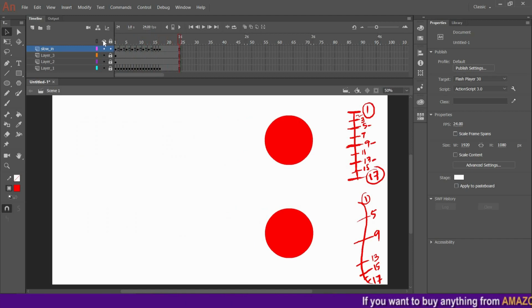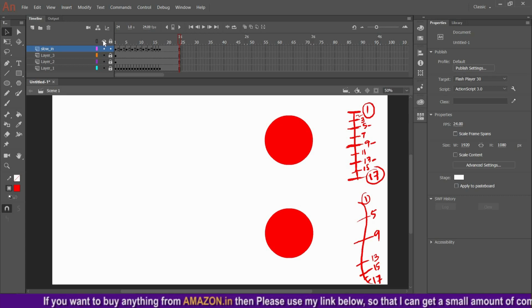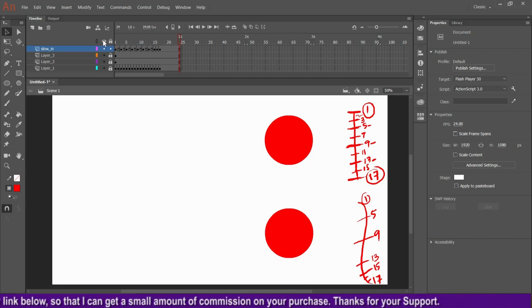So this is your homework, you need to work on the timing with this ball character. We'll do some more exercises with this timing because this is more important to do animation. So first I am doing the ball animation, and with this ball animation you can try out different spacing and timing so that the animation will look different from my drawing. Okay, just find out and get acquainted with the timing and spacing of your animation. And we have some more projects like pendulum and bouncing ball. Those we will do in our upcoming videos.